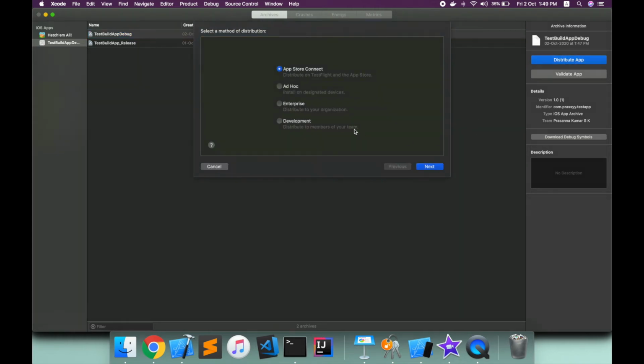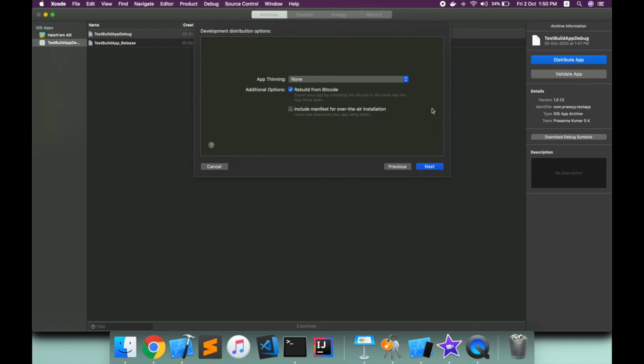There is a pop-up that is asking me to choose a bunch of options. So the first one is the method of distribution. The method of distribution expects the developer to say what is the intent of this signing and export. Are we exporting the app so that it could be run on a test device, or it could be distributed internally across the organization for testing purposes, or am I going to publish it on TestFlight and App Store? So in our case, since I only want to export an archive so that I can share it with the development team, I'm choosing development over here and clicking on next.